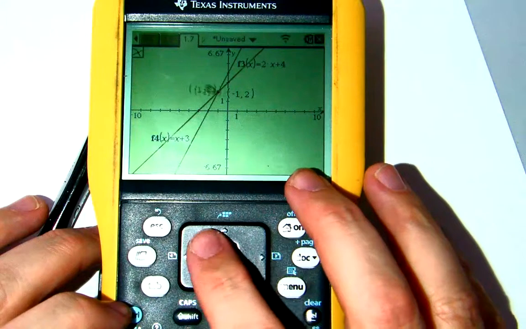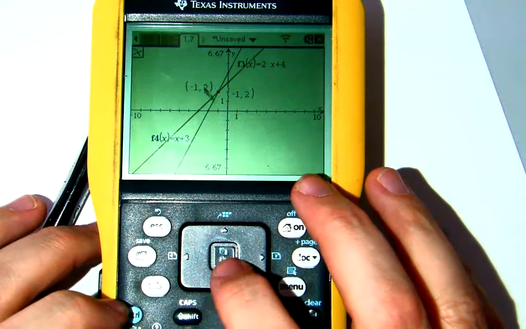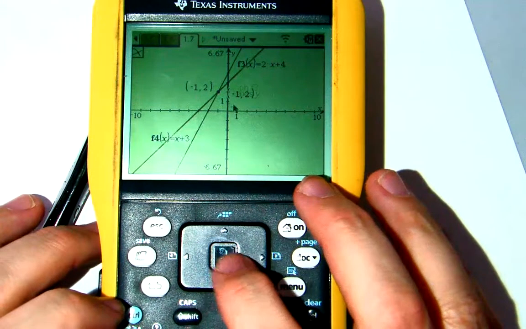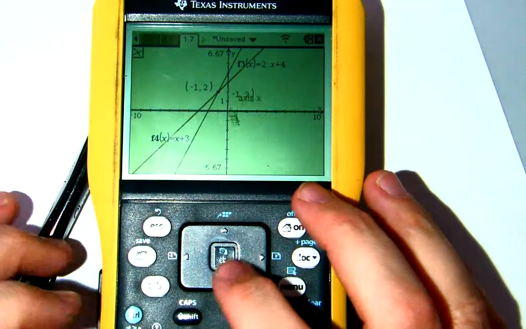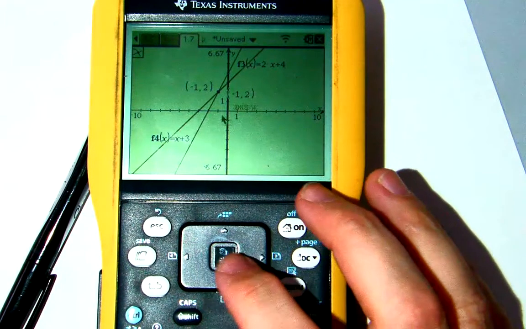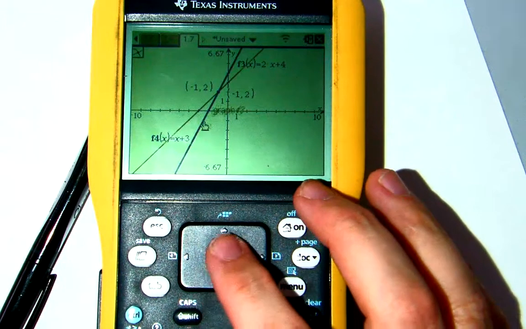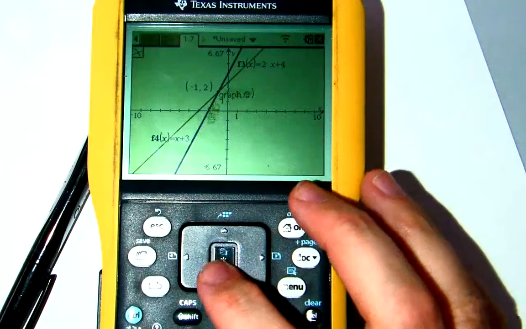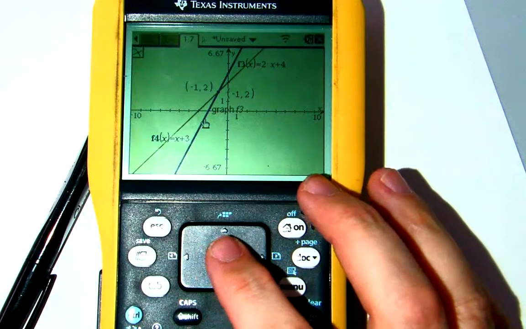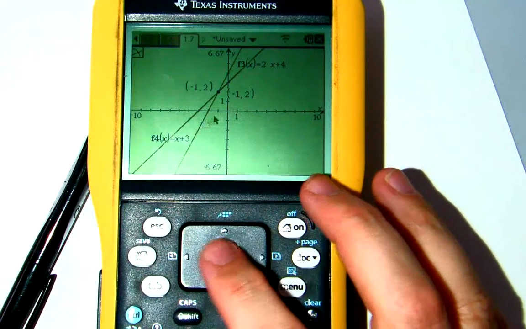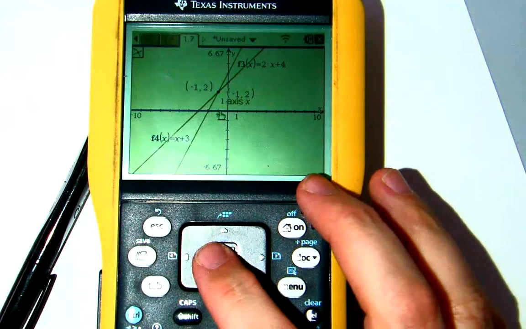I grabbed that point and moved it over there. It's the exact same point. So there are a couple different ways that you can go about finding intersection points, and we can solve the system. But just really quickly, if I wanted the graph and the axis,